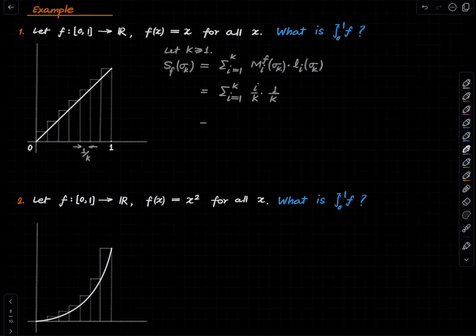So this is nothing but 1 upon k, 1 upon k square, and the sum of all the natural numbers from 1 up to k, which we know is k into k plus 1 by 2, which becomes half times 1 plus 1 by k. So that's the upper sum for the sigma k, and if we take k going to infinity, we get,